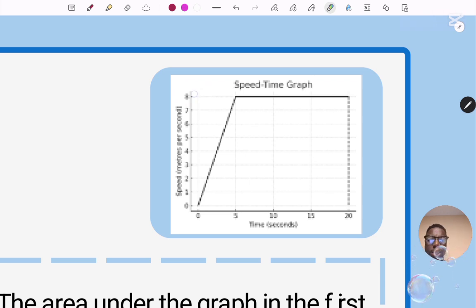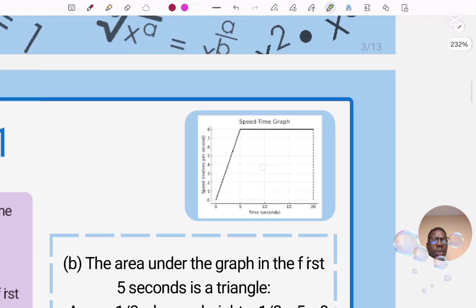So we will trace it. Does it match here? Definitely it matches here. At what time is it? You can even see it. It is at 5 seconds. So the runner reached the maximum speed at 5 seconds into his journey, and that means the maximum speed here is 8 meters per second, and that's how we find it. Now let's go to the other part of the question,